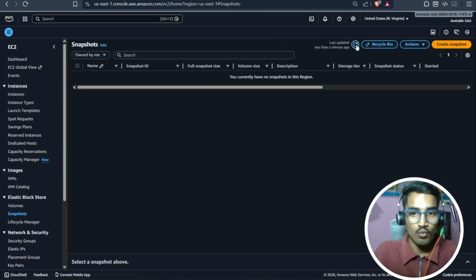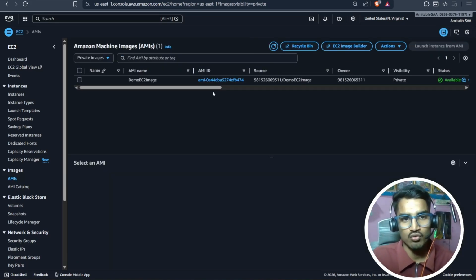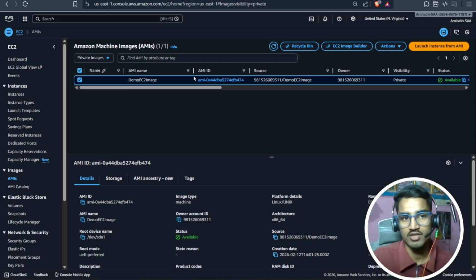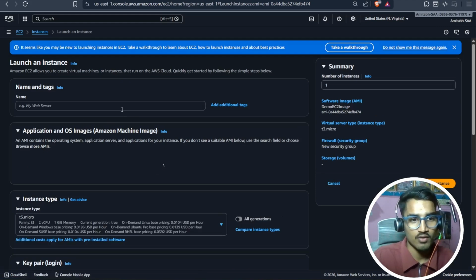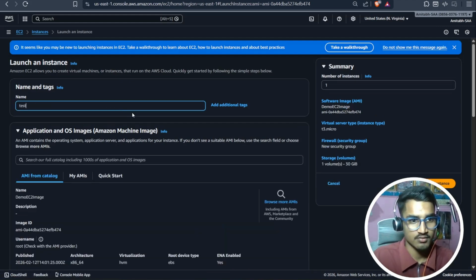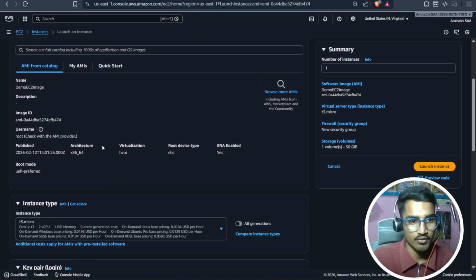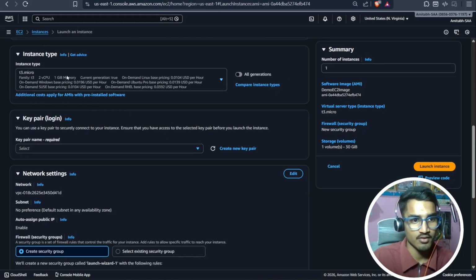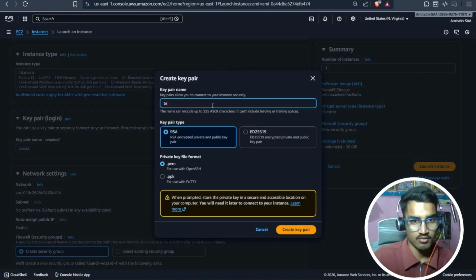It will take quite a minute to load the snapshot, so we are not going to wait for it to be ready. I will launch the EC2 instance from the AMI that has been shared with this AWS account. So you can select that AMI and click on Launch EC2 instance. I will name it test. The OS will be the same, and this is the image ID, and this is the instance type. I will select a key pair. Okay, I have to create one,